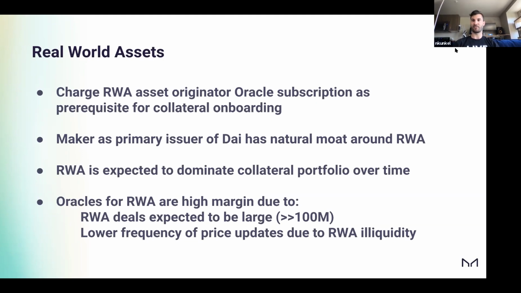And that's going to be a really important service that needs to happen from a security of the protocol point of view. And those costs could be significant, but I don't think that those costs are going to be as big as the gas costs have trended to be, right? Where they're just all kind of consuming. I think those costs can be bounded quite well. And so what I really see is that this real world asset business is going to be quite high margin. It's quite high margin for the asset originators themselves.